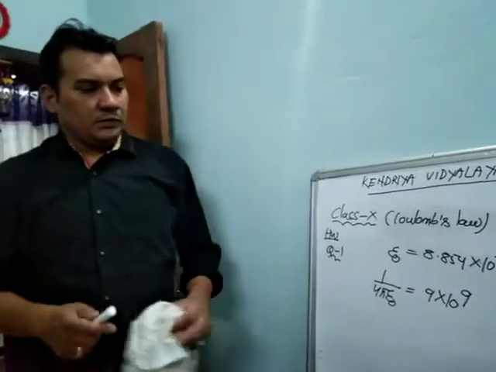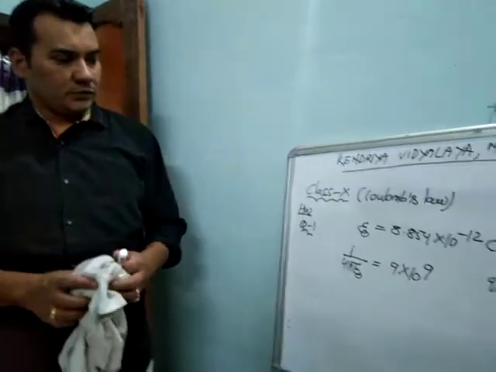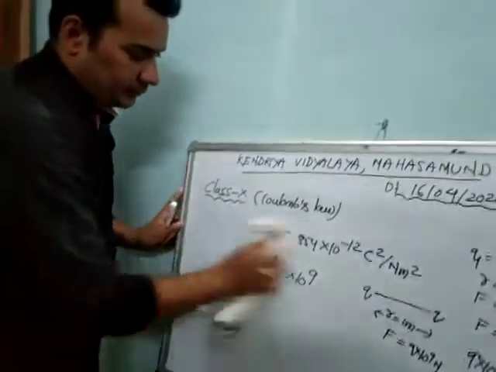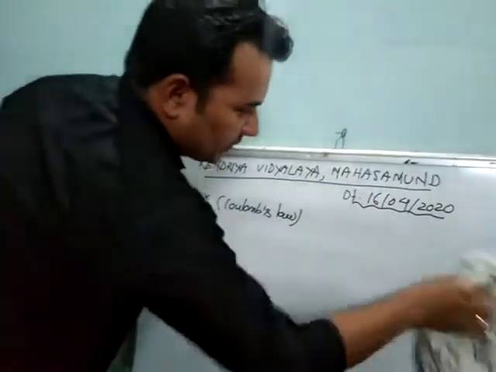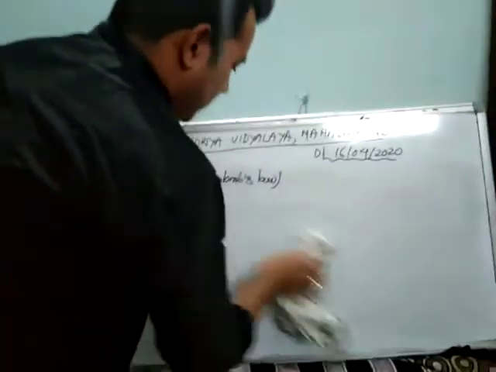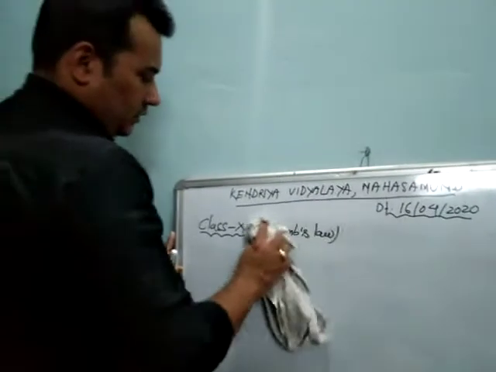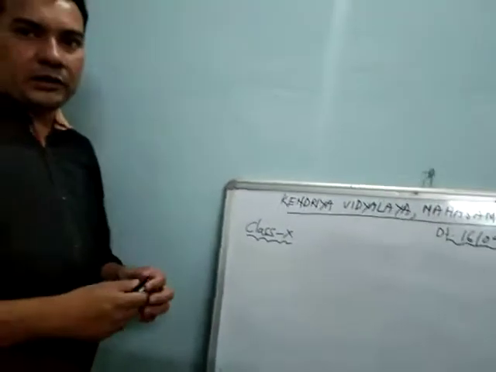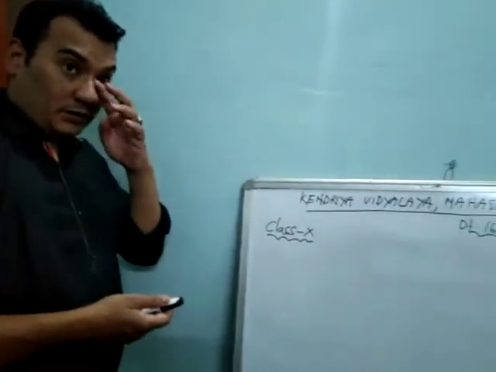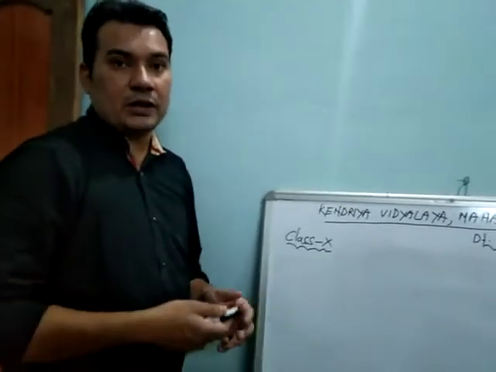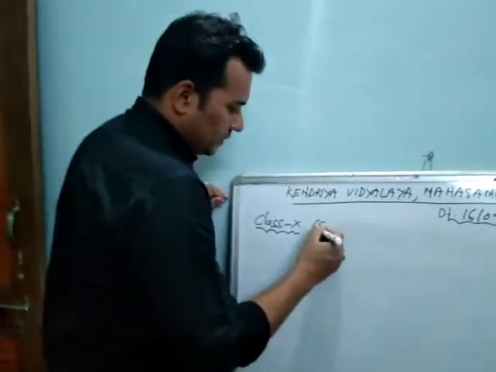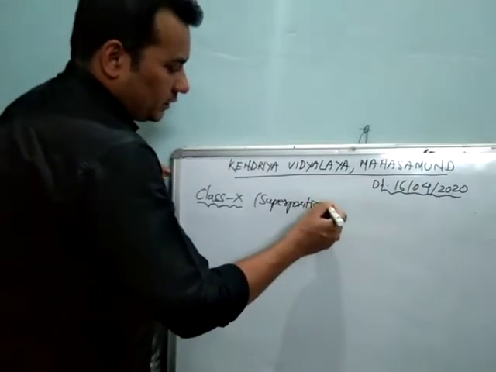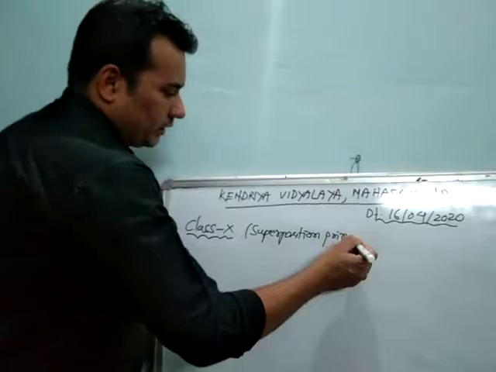So this is about force between two charges. Today we will see the force between multiple charges, that is the superposition principle. Superposition principle is nothing but what we have learned in class 11, the law of vector addition, triangle law of vector addition and parallelogram law of vector addition. And why will we use the triangle law and parallelogram law? Because force is a vector quantity. Today we will see the superposition principle, and tomorrow we will solve the numerical.